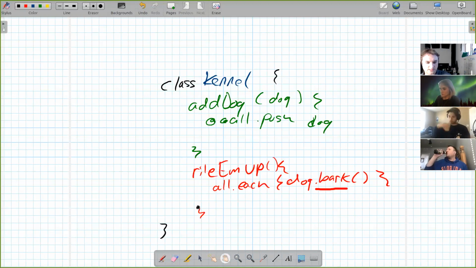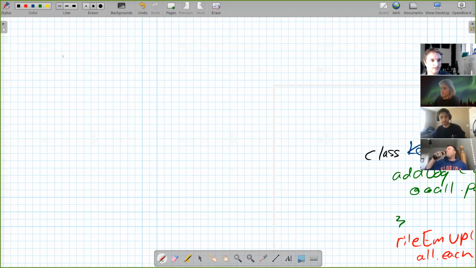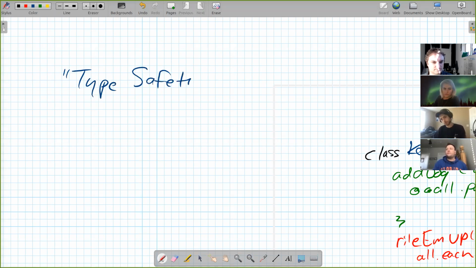Specifically, we call this type safety. So type safety means that we have confidence that when we run our application, it's not going to break because we asked it to do something that it doesn't know how to do.